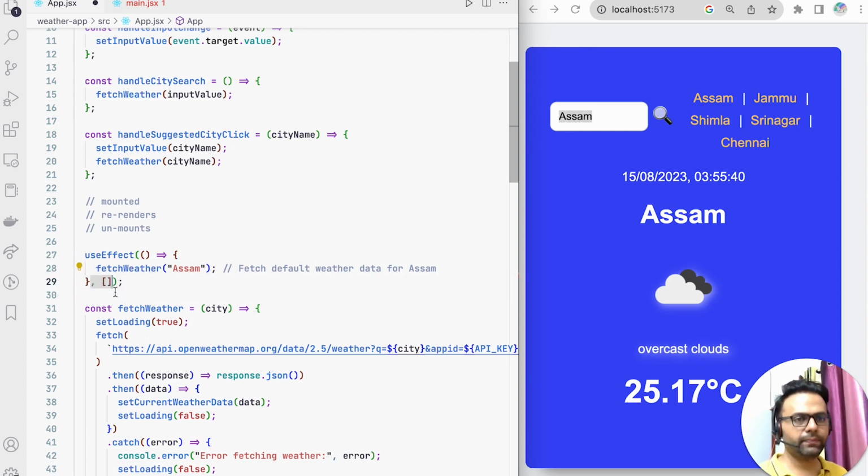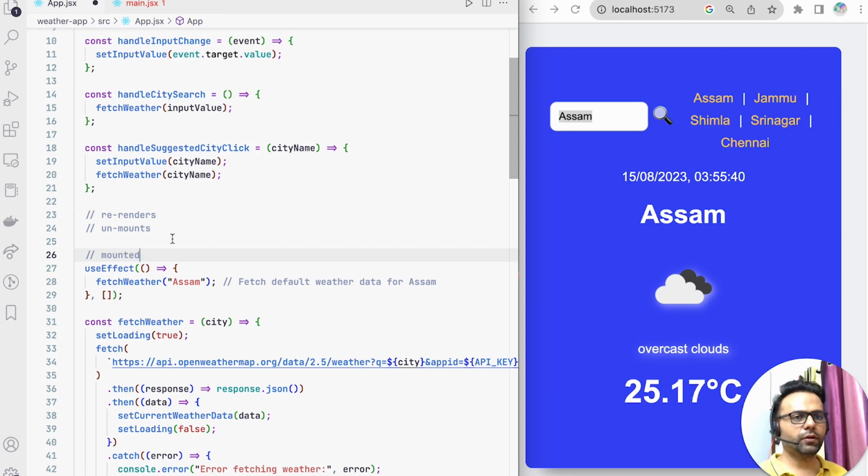And what an empty array does is that this particular function will be invoked only during the first mount. So these side effects would be invoked only during the mounting because it has an empty